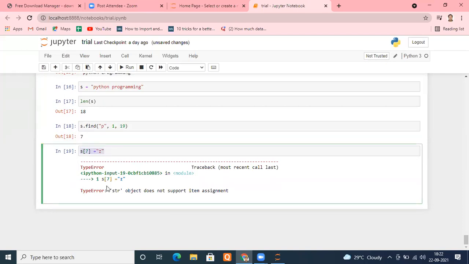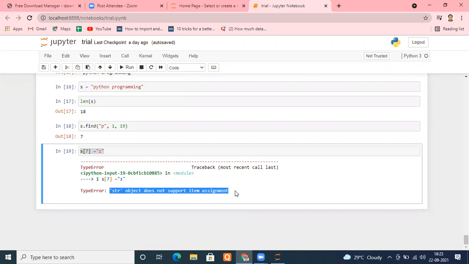Did you see what happened? What did it say? String object does not support item assignment. It means once you have created the string, you cannot individually replace the elements that way.